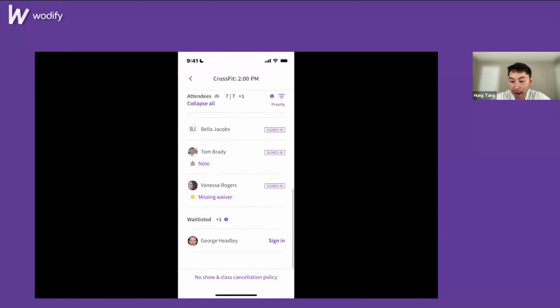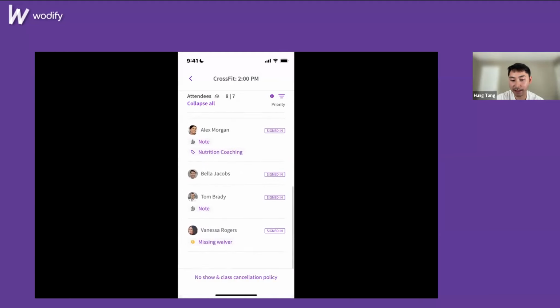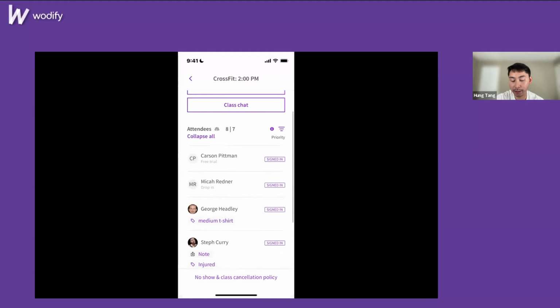And then I'm going to sign in George as well. George is on the wait list at the very bottom. You'll see +1 wait list. And then he showed up, and I know that George is going to be able to fit in this class because I can just scan the room and see this extra space. So I'll sign in George, confirm, and then he signed in. My face is there under Bella. Where's George? He's super new, so he's at the top. Fantastic. So those are a few of the key features that coaches can use to manage classes. Brendan, back to you.